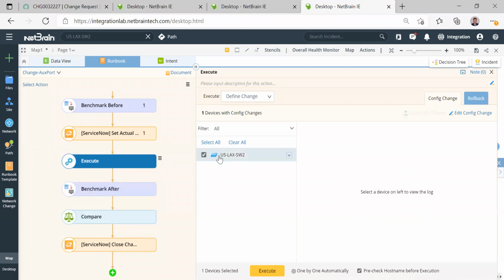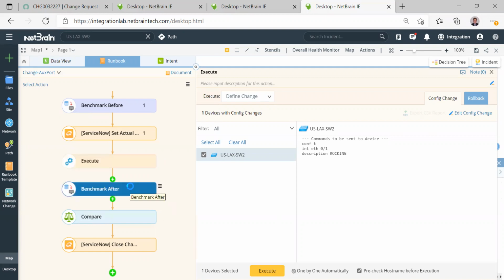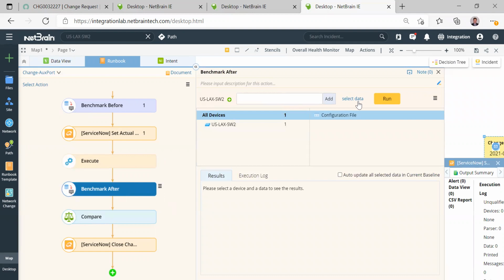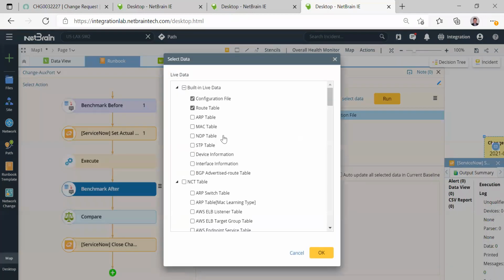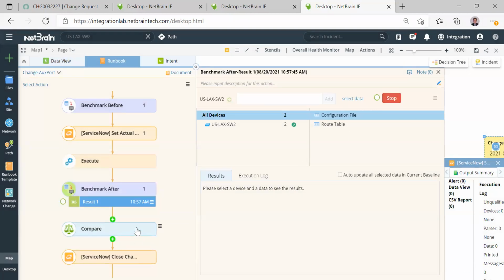When the change is executed, I will push that change out and execute it. And I can also roll back. When I click that button, I'm going to see that the change has been pushed out and it is executed correctly, and I'll see the response, whether it's successful or not. Then I'll do a benchmark after. So I'll select the same data, and I want to make sure I do this benchmark after the change has actually been completed. I'll run this data, and